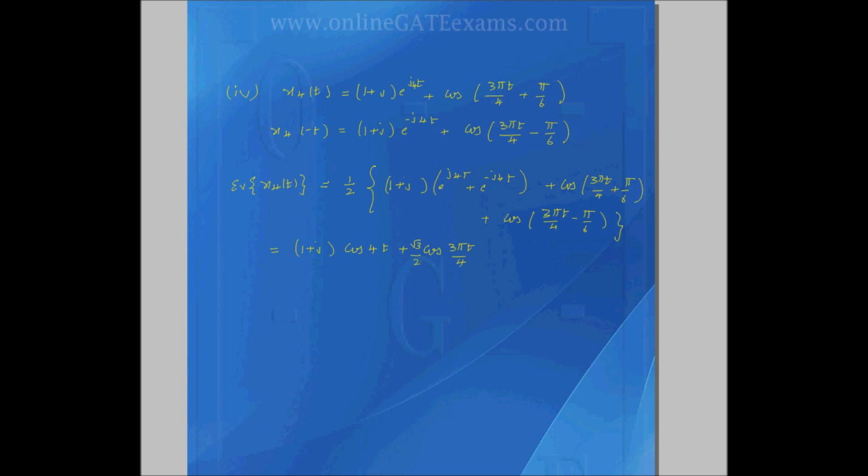So I'll put it here. Simply plus root 3 by 2 cos 3 pi t by 4. Similarly, the odd part of x4 of t will be equal to, again, 1 plus j times